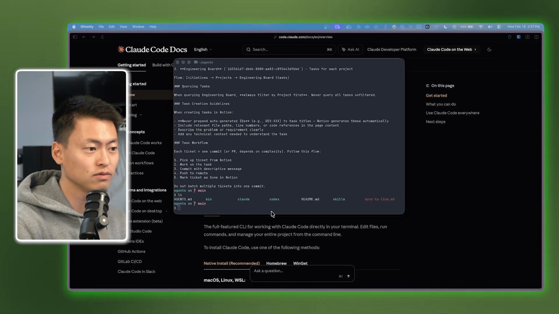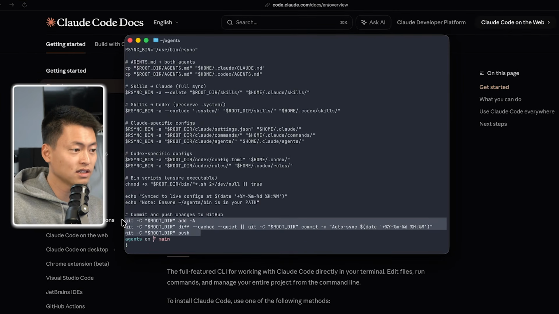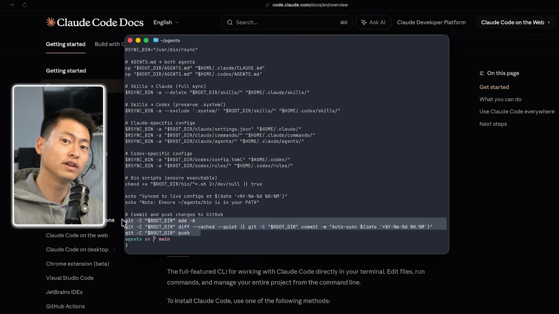to their respective directories. And the final thing that I have in my sync script is a git command to basically push this to a private GitHub repository, both as backup, but also for other kind of programs to pull from as well. So yeah, now that we have the AI agentic coding stuff set up, there was a new